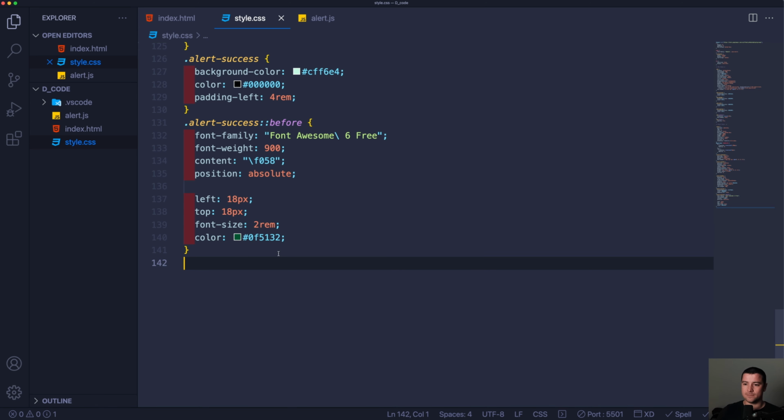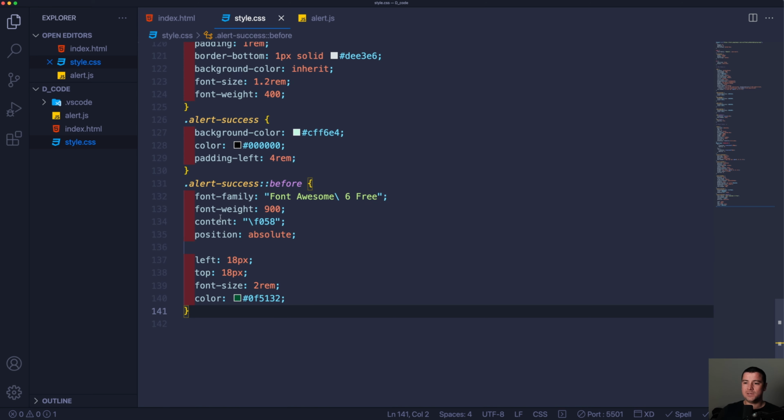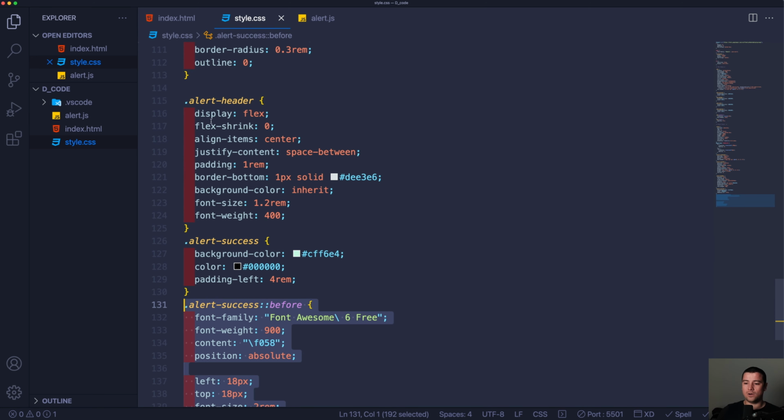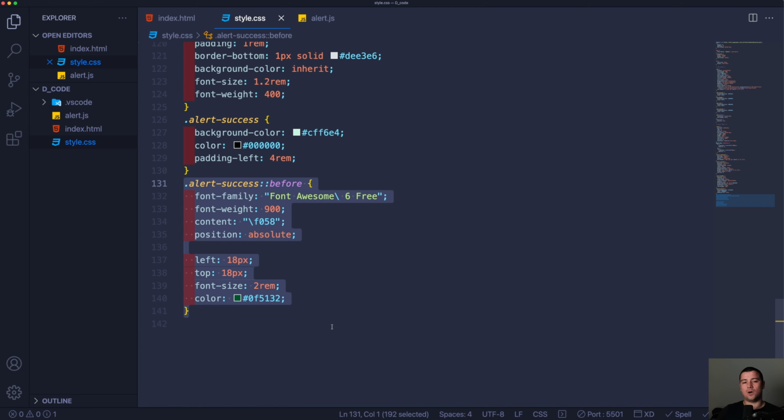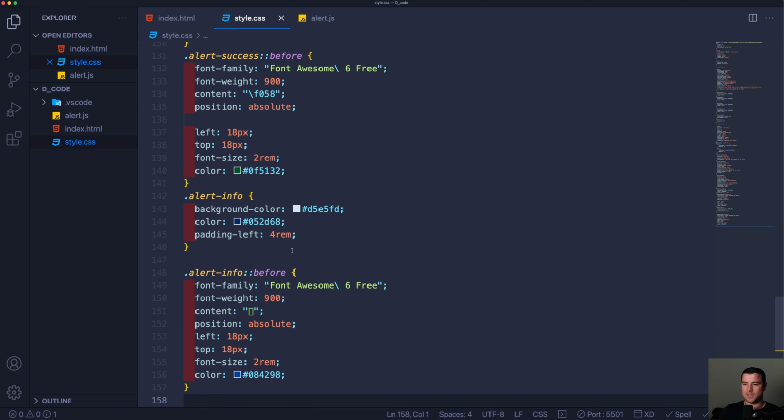Okay, now what we did here for the success color and the success alert, we need to do for all other alerts. I'm not going to actually type it out, it would be redundant, or actually just waste a lot of your time. I'm just going to copy it in and go over them. Okay, so next up is the alert info color. So info background color,